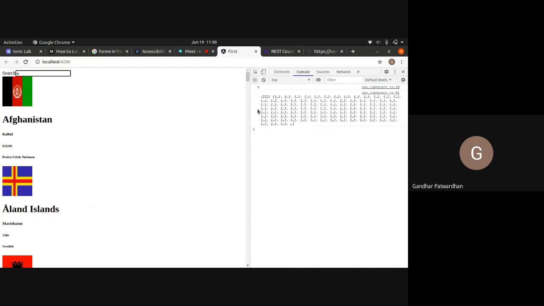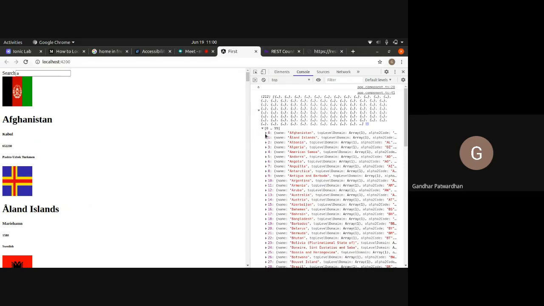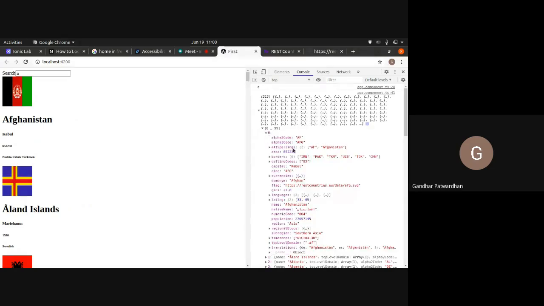Now let's say that if you also wish to search something else in it as well. Let's say, what else do we have? Let's say if we also wish to include the capital in our search, that even if we type the capital, right, we should see the country, right? Let us implement this as well.